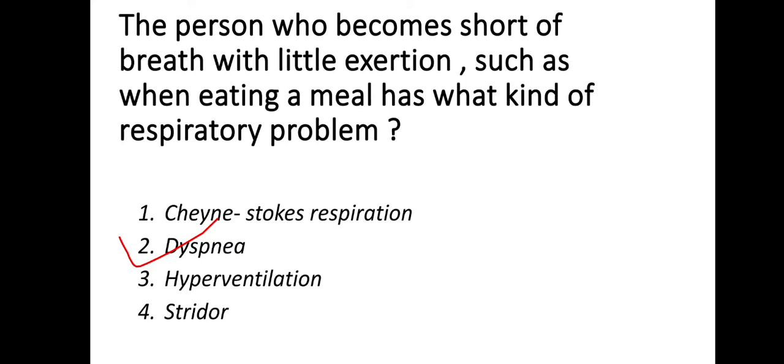Hyperventilation will cause what? In the respiratory system, when we see the ABG analysis, what will be caused in a hyperventilation patient? Respiratory alkalosis, because rapid and increased depth of respiration will be there. Deep breathing, rapid and deep breathing will be there. So an excess amount of carbon dioxide will be lost from the body. So it will cause respiratory alkalosis. Hypocalcemia will also be there during hyperventilation.